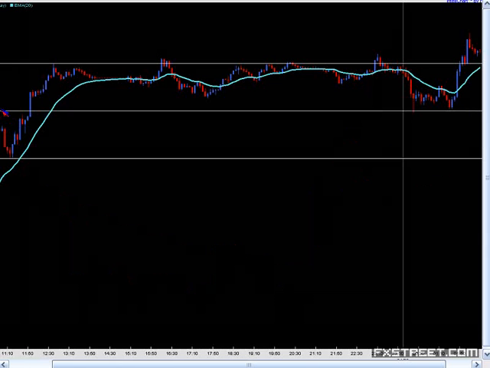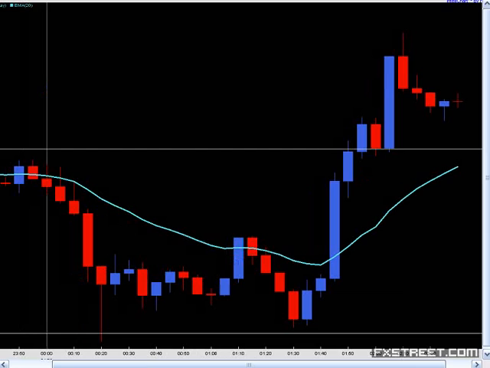Anytime I see that and I see the pullbacks to this level, especially with the rejection like this, I'm going to buy that, and I'm going to take it either to the prior swing highs, or I'm going to target another key support or resistance level that I already mapped out. The one that I mapped out, 1750. In this case, I didn't go for the 1750. I just went for a 2-to-1 in relationship to my stop.